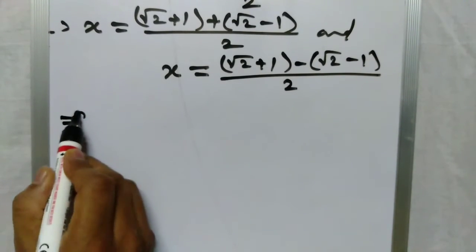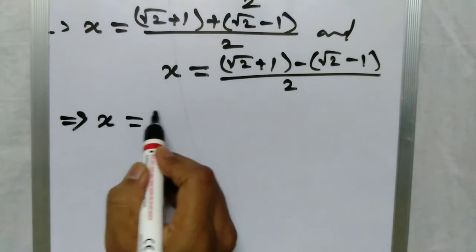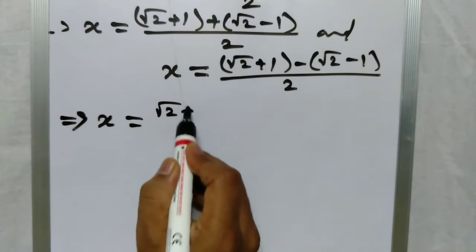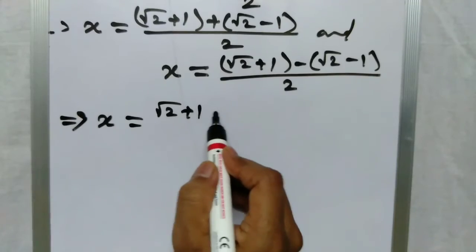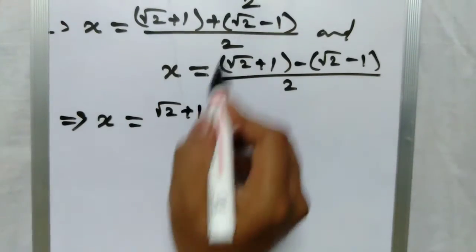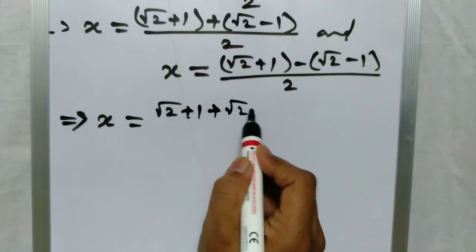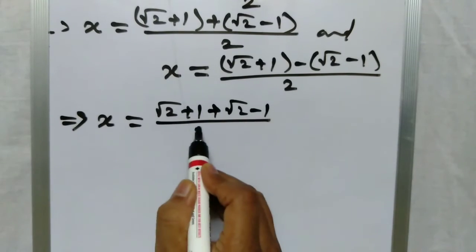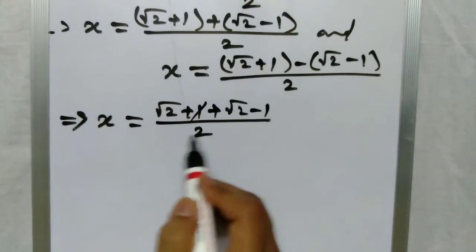It implies that x is equal to root 2 plus 1, removing brackets from here and here, root 2 minus 1, by 2, cancelling plus 1 and minus 1,